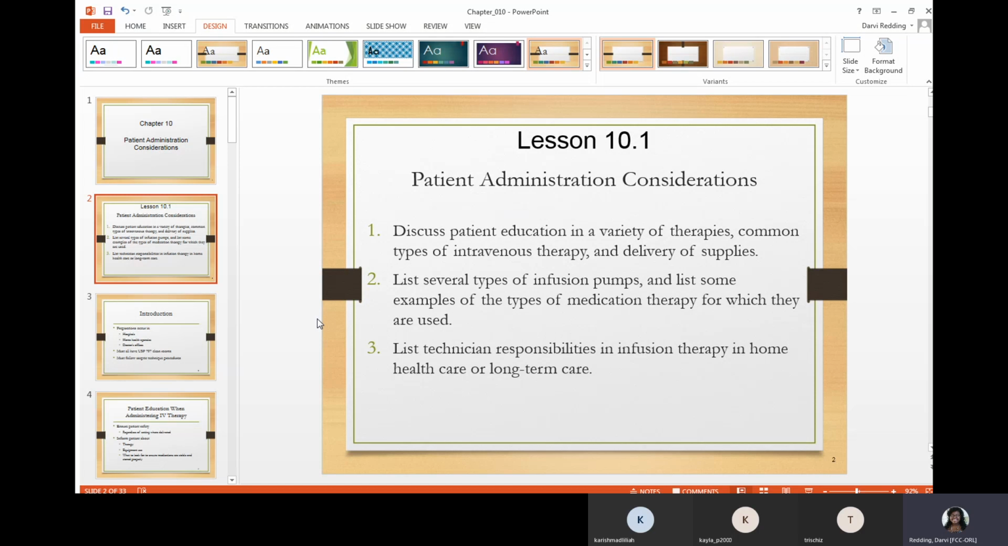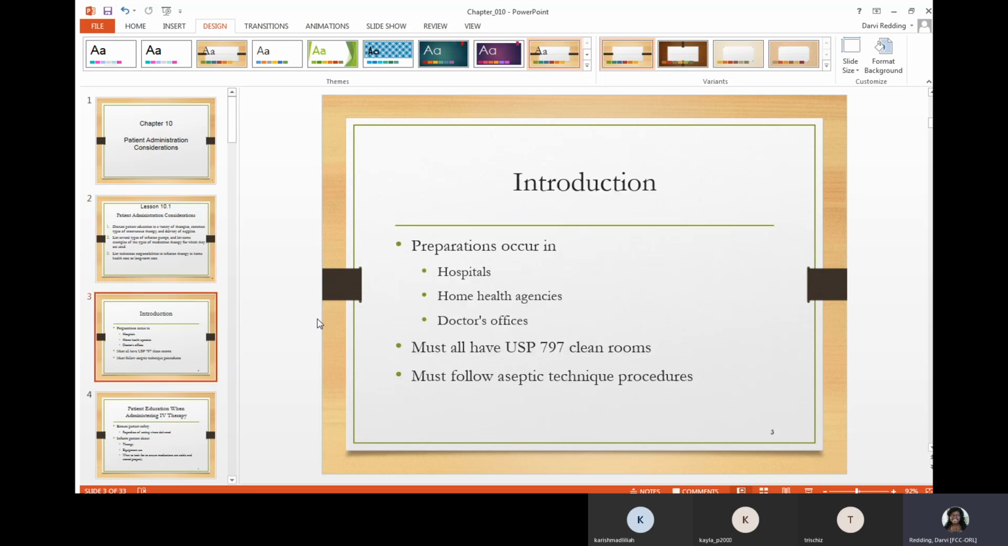So now that I've gone over the objectives of what we'll be learning in this chapter, let's go ahead and get into an introduction. So what happens with the preparations and where do they occur? We know that there are different places, and those places are hospitals, home health agencies, as well as doctors' offices. Now, all of the clean rooms must be following the guidelines of USP 797, which has to do with